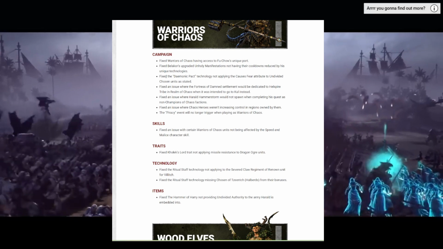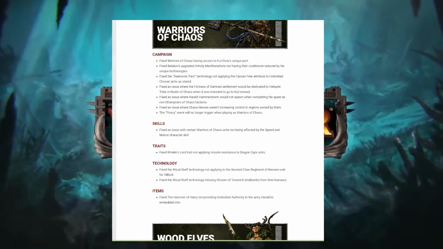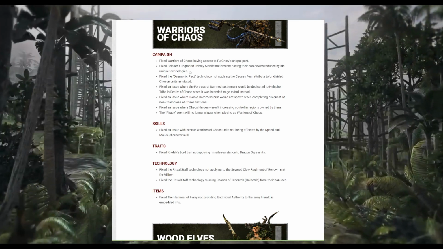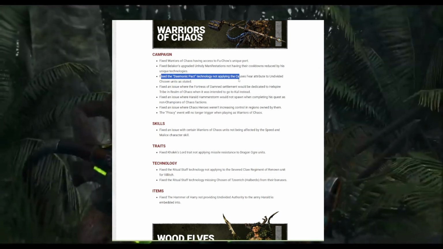Okay. Warriors of Chaos got a little bit. Fix Warriors of Chaos having access to Fu Chao's unique port. Fix Bellacor's upgraded unholy manifestations not having their cooldowns reduced by his unique technologies. Fixed the demonic pact technology not applying to the...